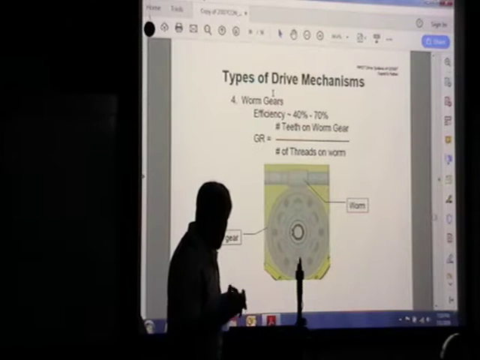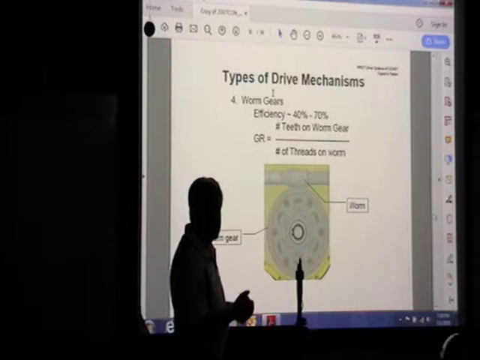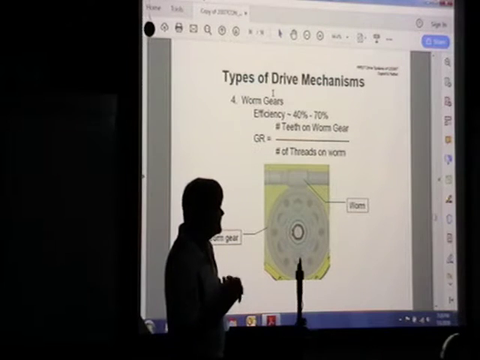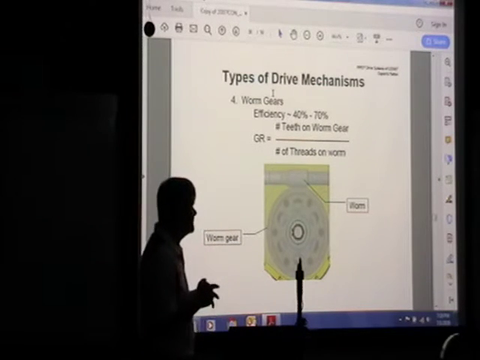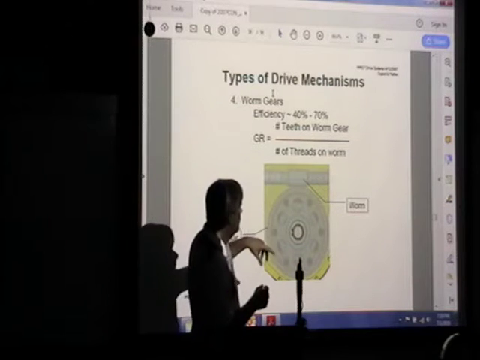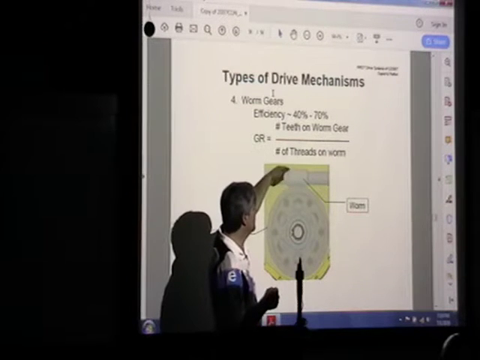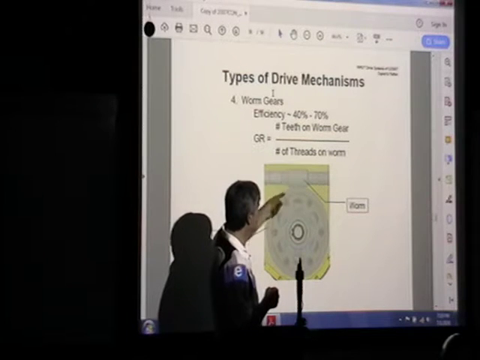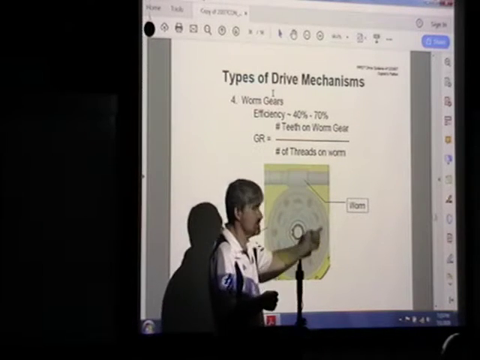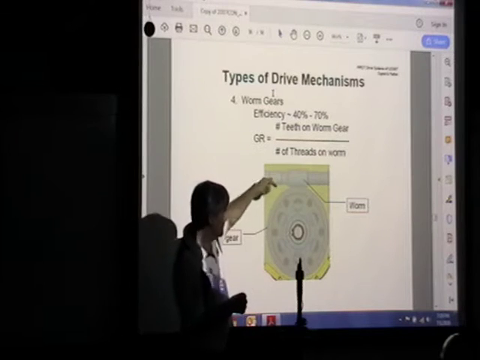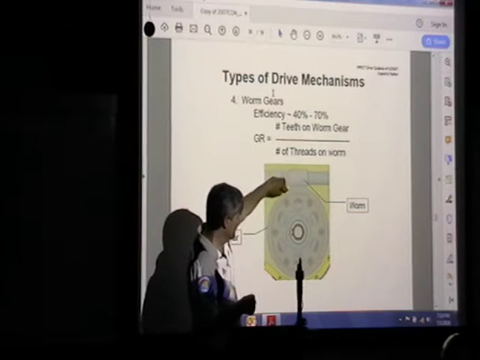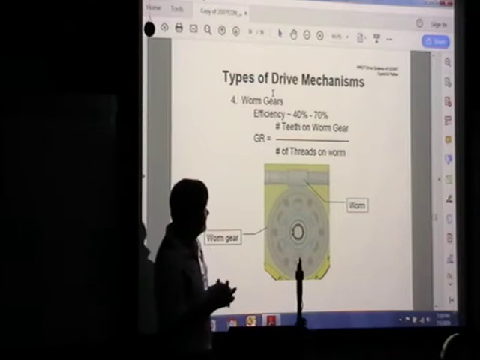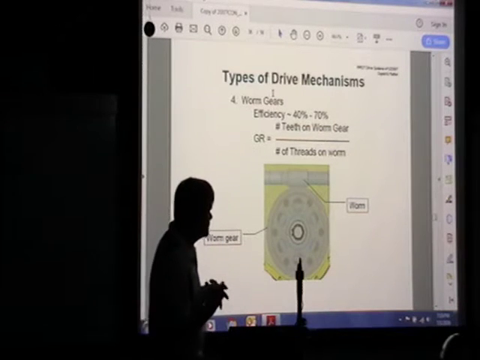Worm drives, have you ever heard of a worm drive? Yes, no, yes, okay. So a worm drive is a special type of gearbox. Basically, they call it a worm because this guy up here is almost like a screw, and then there's a screw cut bevel on the inside of this gear here. So when this turns and screws this way, this gear rotates around this way. They're usually pretty high reduction,